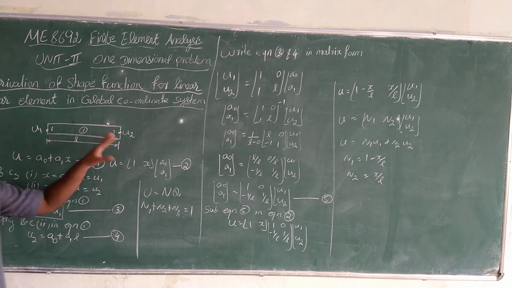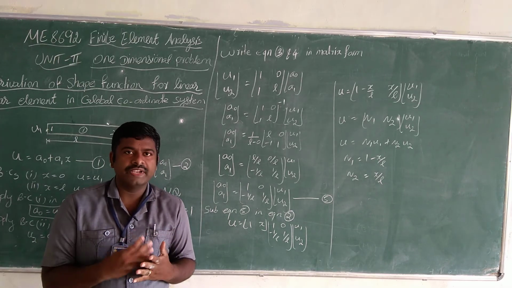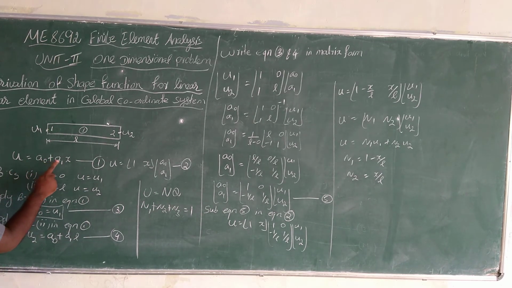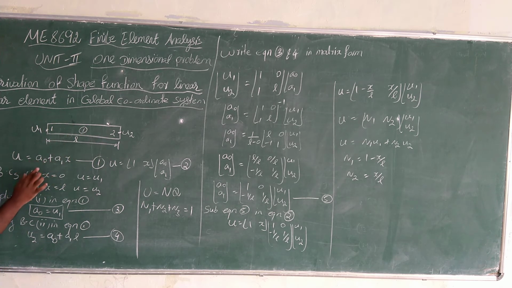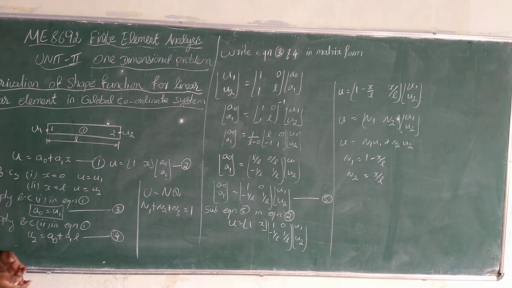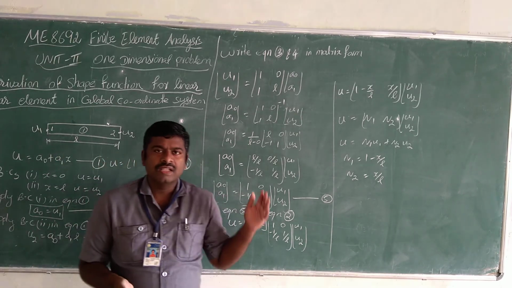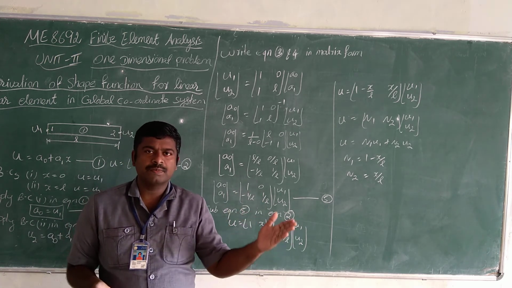So here there are 2 displacements, therefore we consider it as 2 degrees of freedom. That's why we use the interpolation function u equal to a0 plus a1 x, where a0 and a1 are the global or generalized coordinates. Since there are 2 degrees of freedom, I use the 2 generalized coordinates a0 and a1, therefore u equal to a0 plus a1 x. But in the quadratic bar element there are 3 degrees of freedom, that is u1, u2, u3, the 3 displacements, therefore there we use the polynomial function u equal to a0 plus a1 x plus a2 x square.